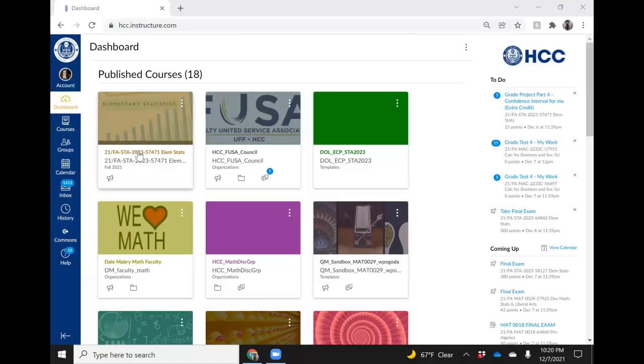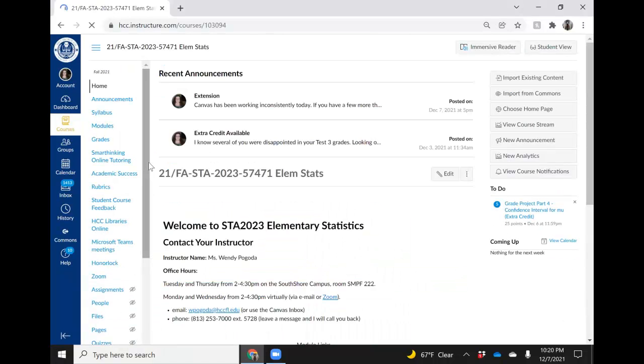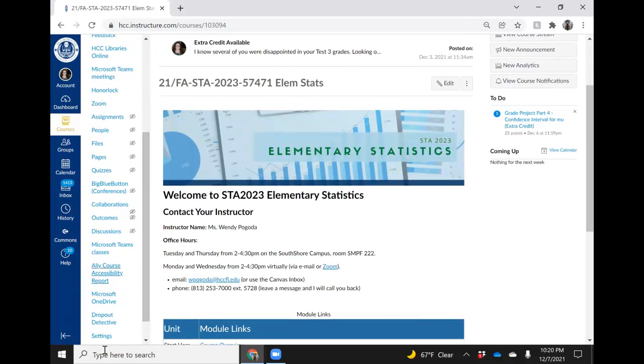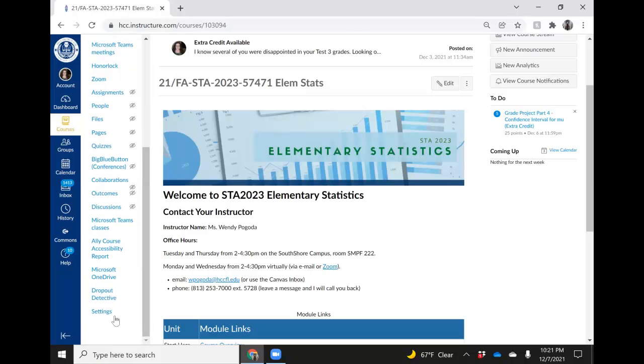Hi, in this video, I'll demonstrate how to change the course dates in Canvas. This is not exactly an intuitive process. In order to change the dates so that students can actually work on the course during the dates, you're going